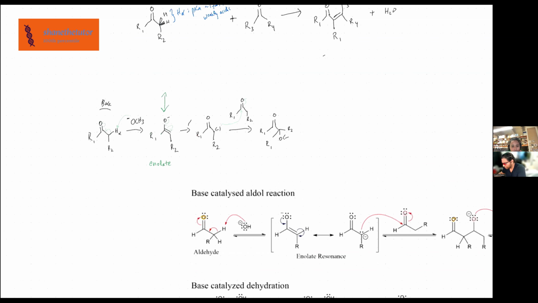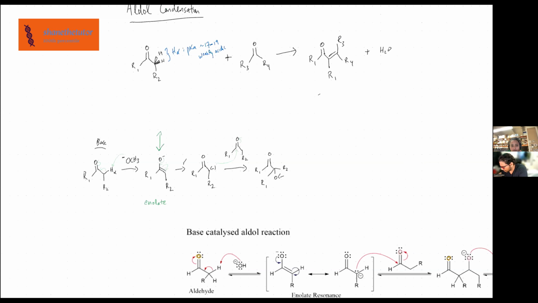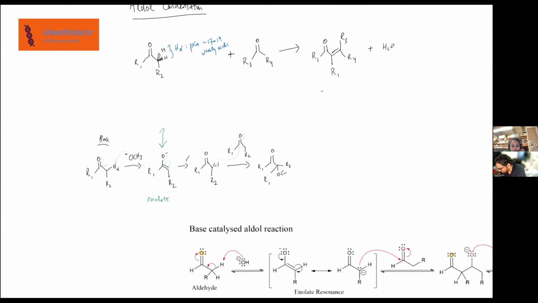I think I overcomplicated it, so I'm going to draw this one more time to make it better. So R1, R2. I had this thing over here that made it messy, but I'm just going to start off with this much more regular compound. With R2, I would just turn it into CH3, let's say, and we add our methoxide, which will